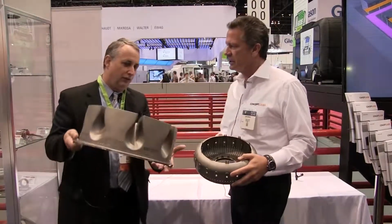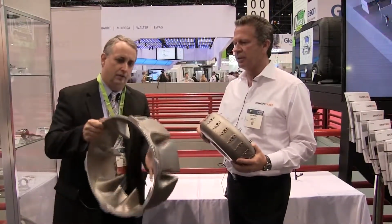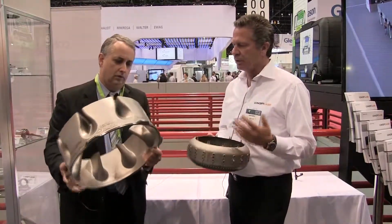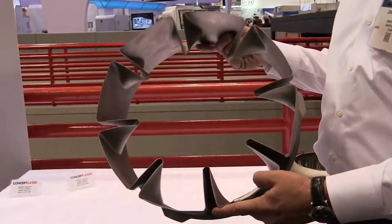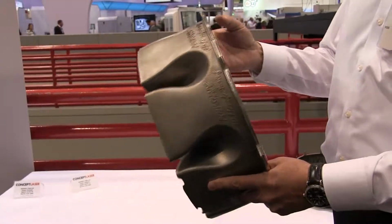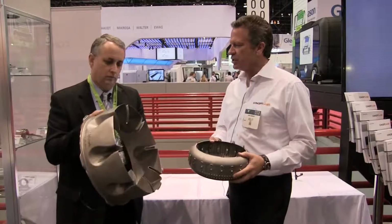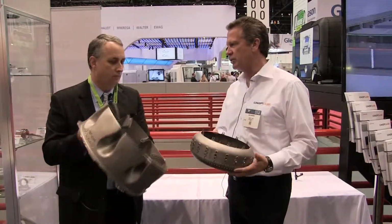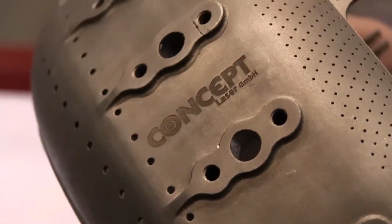Absolutely. Yeah, and these parts are very large. Very large. These are both built on the X line. You could actually build multiples of those at one time on the X line, being 31 by 16 by 20. So customers are doing these large parts. It's actually a lot of aggressive work in the space sector as well as aerospace and automotive. So on that large platform, we did a large transmission case for ZF in Germany, big truck transmission. So again, grade B all over in aluminum, and these are fully dense Inconel parts,